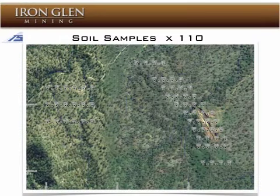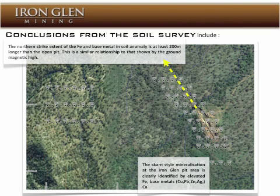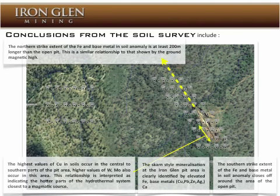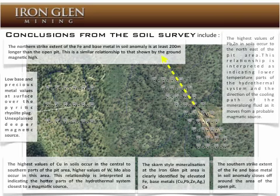In September 2008, an extensive soil survey was carried out in the area around the pit, and in the area of the buried magnetic high to the west of the pit. 110 soil samples were taken as part of this survey. The conclusion of that survey included elevated iron, copper, lead, zinc and silver in the area of the pit, that the northern strike extent of the iron and base metals extended at least 200 metres beyond the pit, that the southern strike extent of the iron ended at the southern end of the pit, that the copper levels were highest in the central to southern parts of the pit, that the lead and zinc were highest to the northeast,